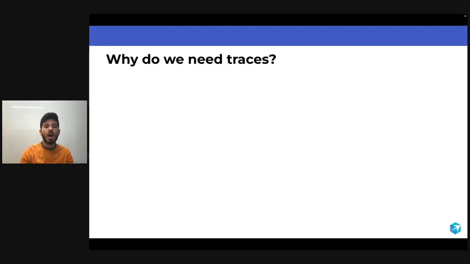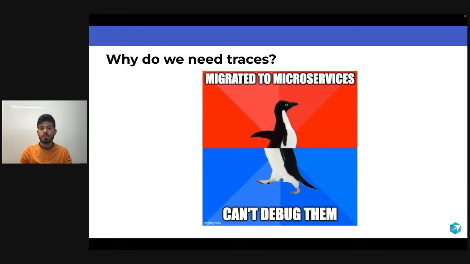So why do we need traces? Why are we hearing about all of this now? Actually, it's related to microservices. There's a big problem now that everybody's migrating to microservices. It's getting very hard to debug issues in microservices because in the past you used to have one big